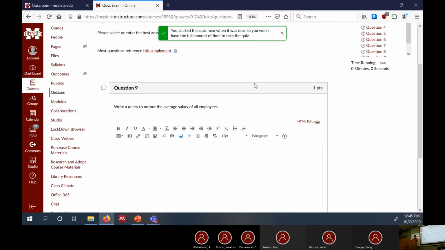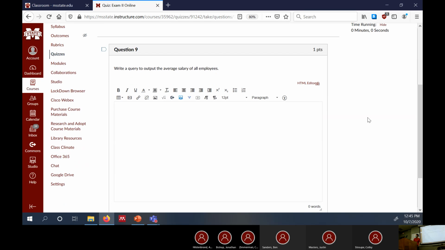Okay, and then for this one, write a query to output the average salary for all employees. All you'd have to do is just do SELECT AVG(salary) FROM employee;